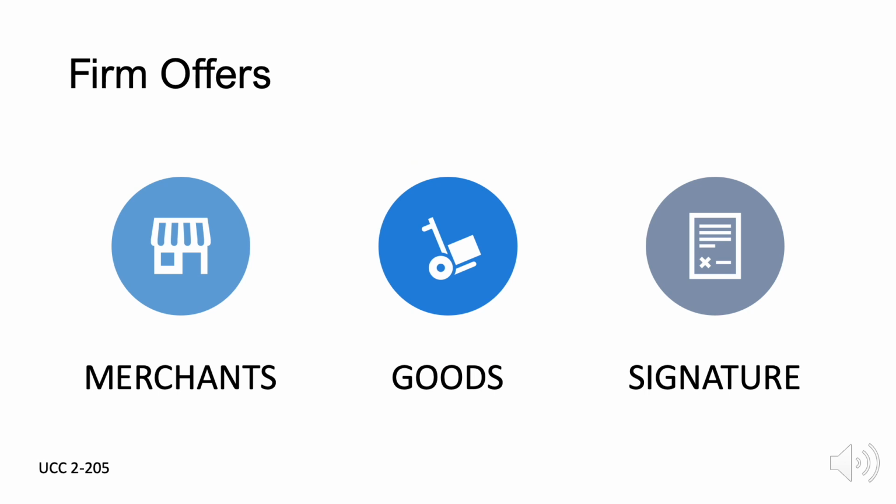Under the Uniform Commercial Code, an offer by a merchant to buy or sell goods in a signed writing, which by its terms gives assurances that it will be held open, is not revocable, even if it doesn't have consideration, during the stated time or if no time is stated for a reasonable time. In other words, merchants have a special power given to them by statute. They have the power to make contracts without consideration. These particular kinds of contracts, firm offers, are enabled by the Uniform Commercial Code Section 2-205.